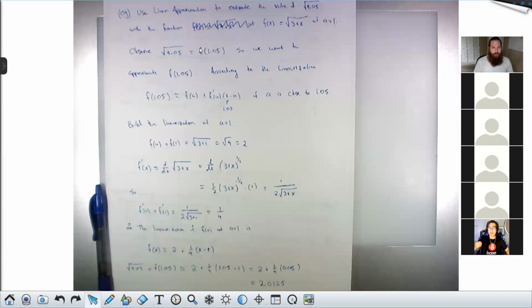So if I want to know what is f of 1.05, because that is what I want to know, the square root of 4.05, which is f of 1.05, I come back down here and I plug in 1.05 for x. f of 1.05, which on the one hand I know is the thing I want, should be approximately equal to this with 1.05 plugged in for x. And then I just simplify. So the square root of 4.05 is a little bit bigger than 2, and it's bigger by 1/4 times 0.05, or 0.0125. So the square root of 4.05 is about 2.0125.